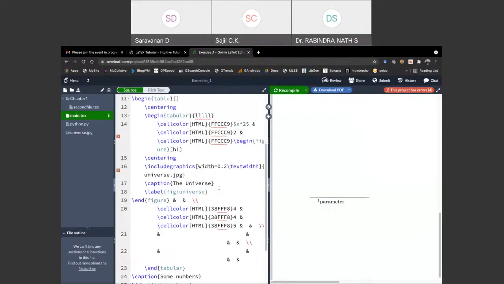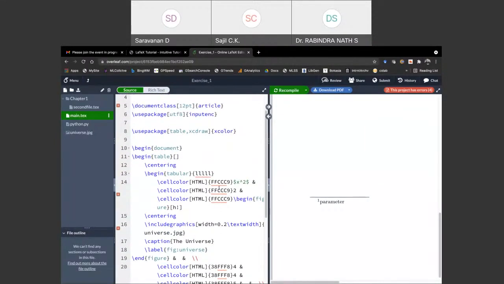I am showing you whatever I have tried and experimented with, and some of them I have tried, but I couldn't show it here. I can tell you whether I have done it or not. But you can always go and search about it and find an alternative. So many times we need certain functionalities, like how to have a footnote as a single column.